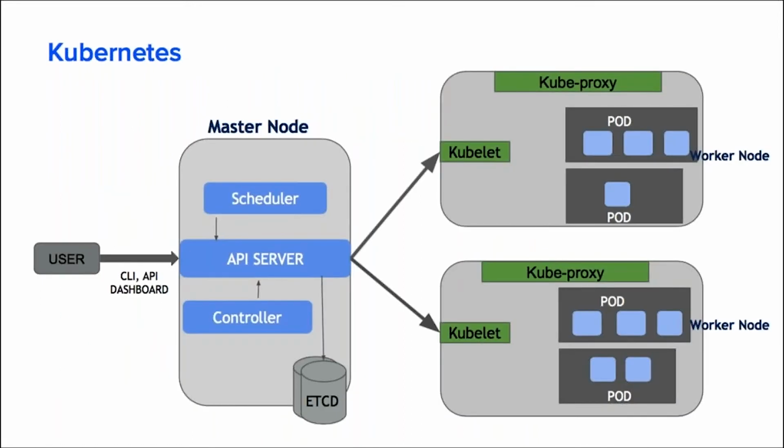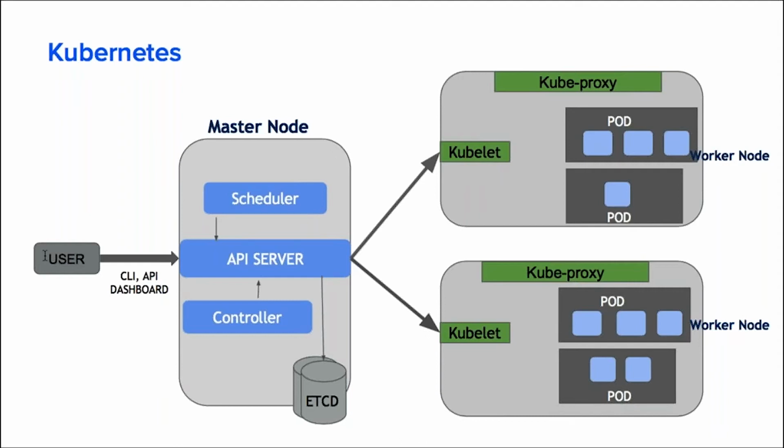So let's talk about Kubernetes in brief. Though we have seen the example earlier, that's fine. Let's review it right now. In Kubernetes, we have master nodes, which can be in HA mode. So we have a master node, and then we have these worker nodes on which we run our user workload. On the master node, we have different components. The most important one here is the API server.